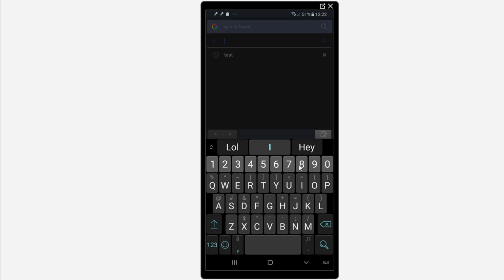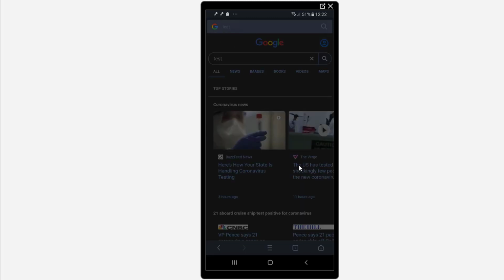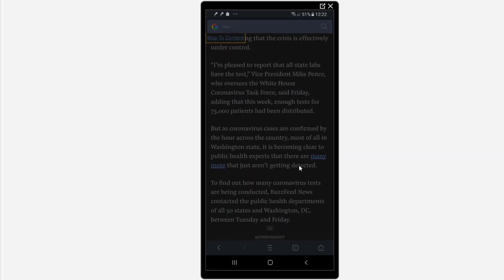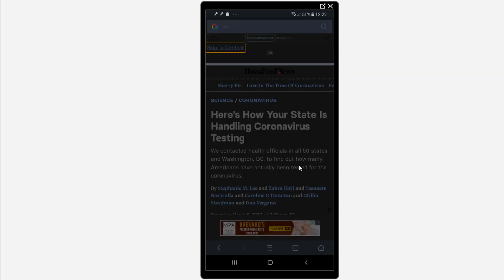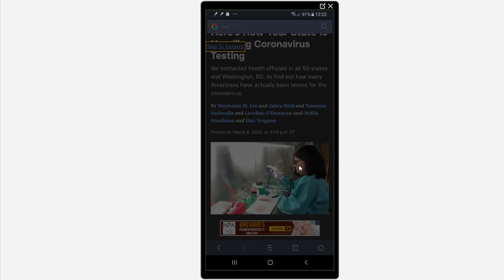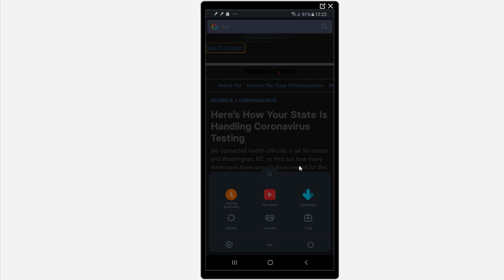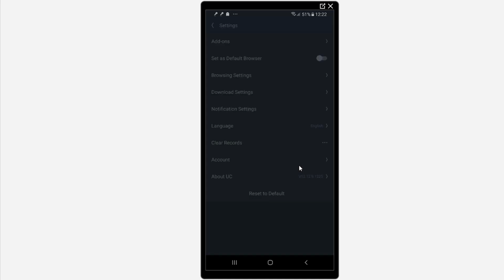Again, they've really made different changes on a lot of these browsers from when I was using them more. So some of these things, I'm noticing some improvements at least, which is good to see. But, again, if I'm looking at a comparison to other browsers, I find myself going back to Samsung Internet. I find myself going back to the Opera browser. And I don't know if you can actually change. Let me just double check the settings here. You can see it's pretty basic in terms of what options you have in settings. Now there are some add-ons here, but the add-ons are pretty much just limited to your ad block,